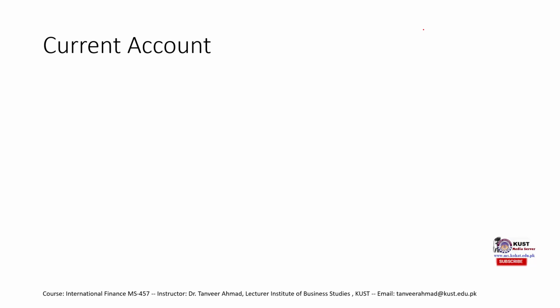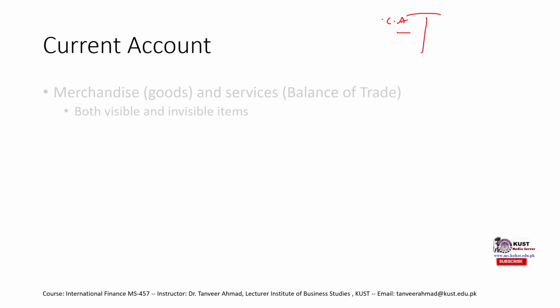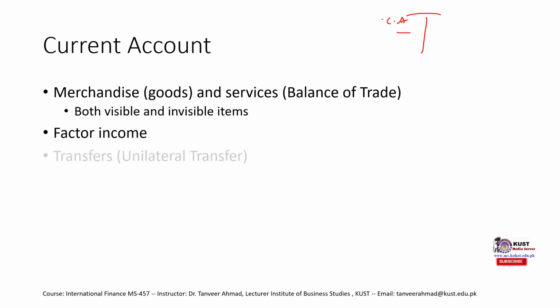So the current account is nothing but one of two parts into which the balance of payment is divided. The first part is the current account. This current account further has three parts. One is called merchandise, goods and services, or normally it is referred to as the balance of trade. Then we have factor income, and then we have unilateral transfer, or just transfer. So starting with the first part of this current account,